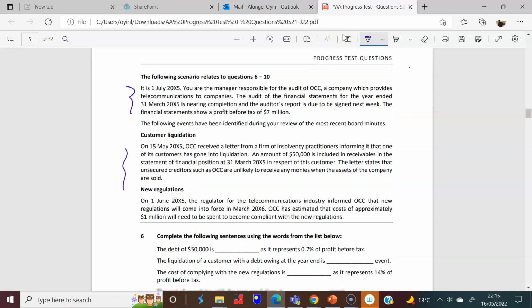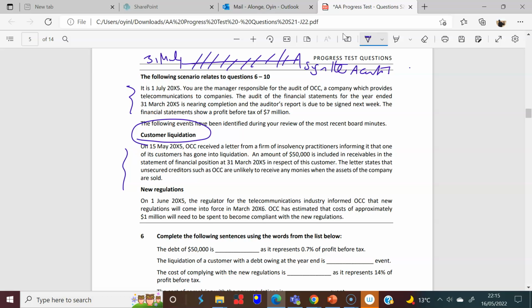We have two scenarios here dealing with, first of all, what we're really looking at here is our events after the year end. So we're looking at subsequent events. Yes, remember the chapter on this, and we talked about what happens post year end, between year end and when you actually sign the accounts. And the year end here is the 31st of March, and we have events happening in this period up to the signing of our accounts.